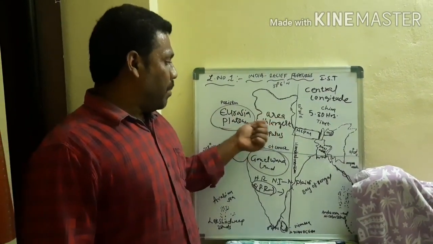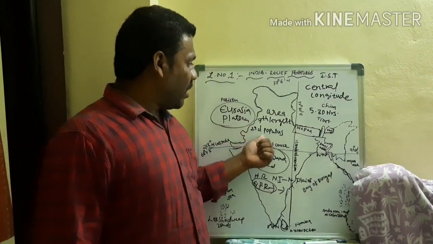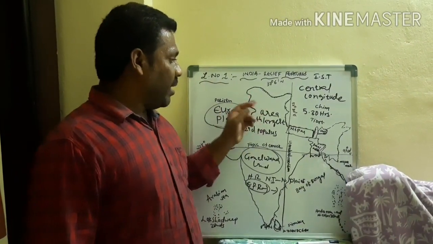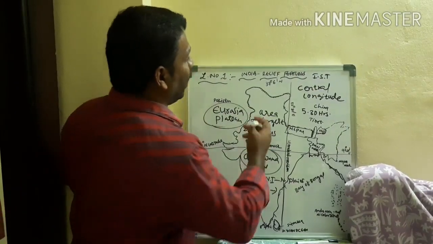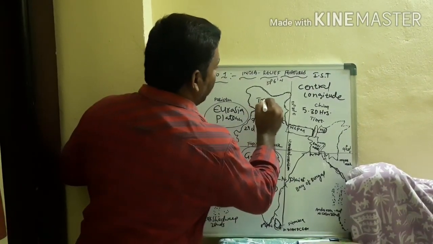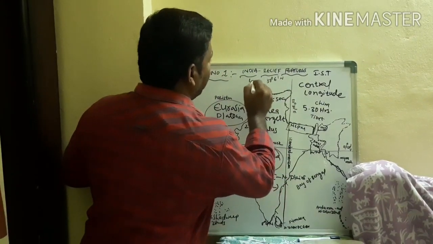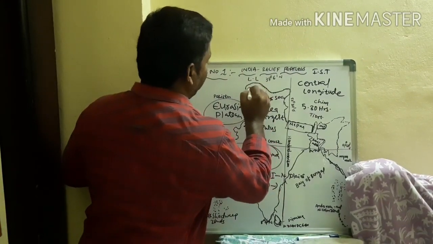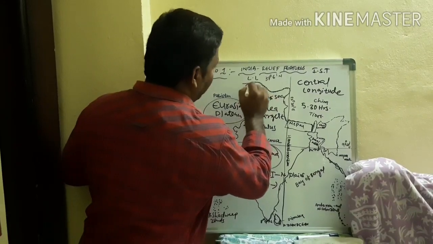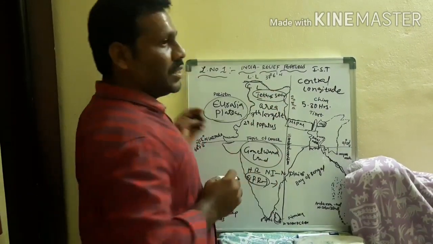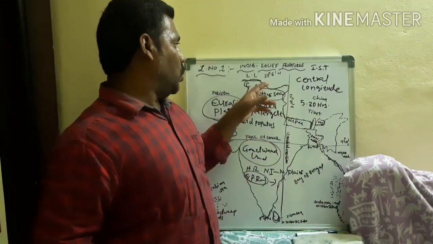And the Peninsular Plateau is part of the Gondwana Plateau, and later the Laurentia and Angara. Between the Laurentia and Angara we have one sea, that is called what? Tethys Sea. For example, this is the Laurentia land or Angara land. This is Gondwana land. Between the Laurentia and Angara we can find the Tethys sea. The sea is divided into two parts.